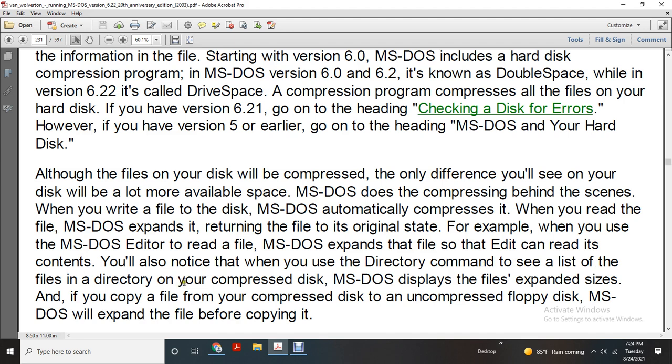Command to list the directory with the compressed disk. MS-DOS displays the file's expanded size. If you copy the file from the compressed disk to an uncompressed file, MS-DOS will expand the file before copying it. So we're going to move on to checking disk,